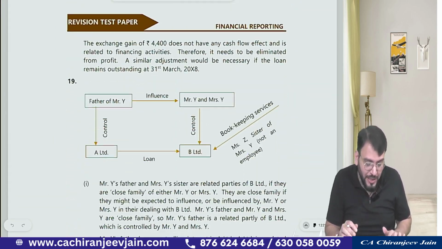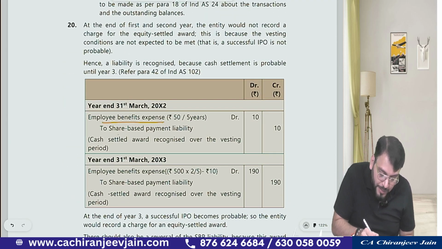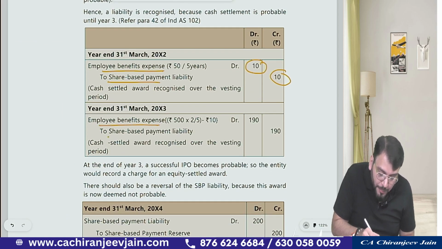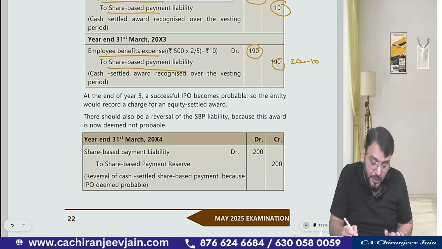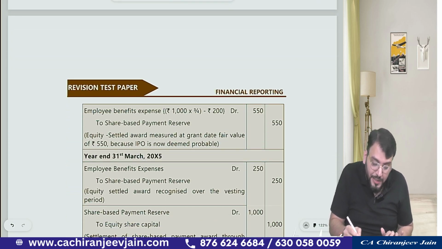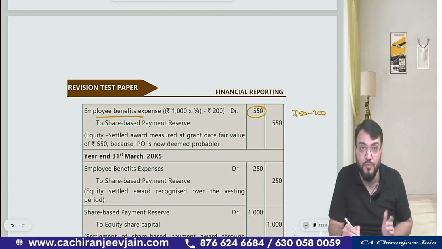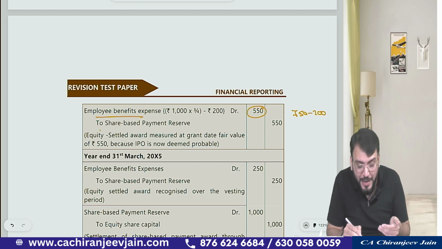I hope you have understood the entire explanation. You can see first employee benefit expense account debit to SBP liability with 10 rupees. Then in the second year, employee benefit expense account debit to SBP liability with 190, that is 200 minus 10. Then at the end of the third year, first the reclassification has been done, SBP liability to SBP reserve 200, and they have recognized another expense of 550, meaning we have reached 750. Out of that 200 was already recognized, so 550 will become an expense and it will be accumulated in the SBP